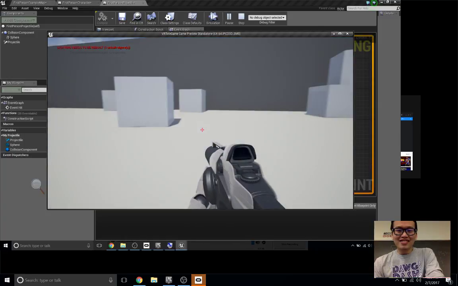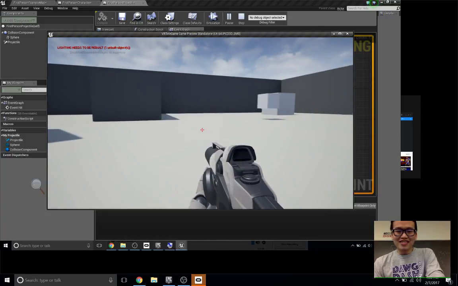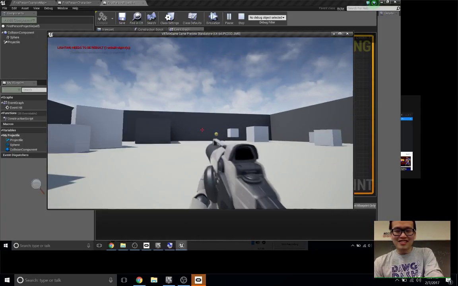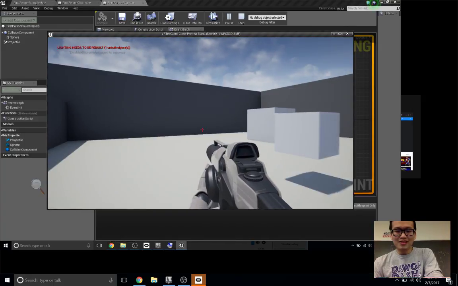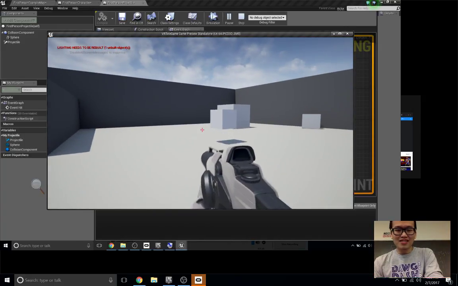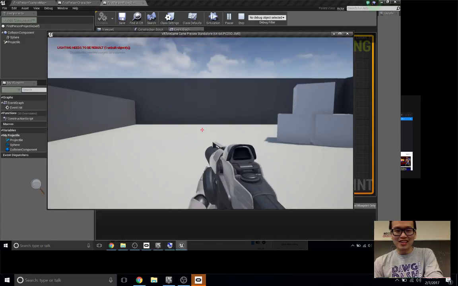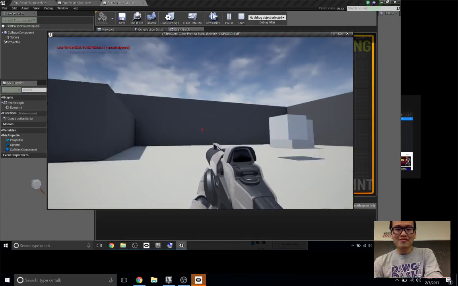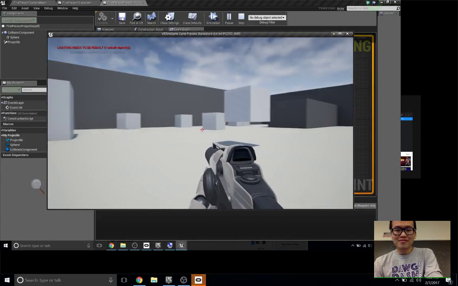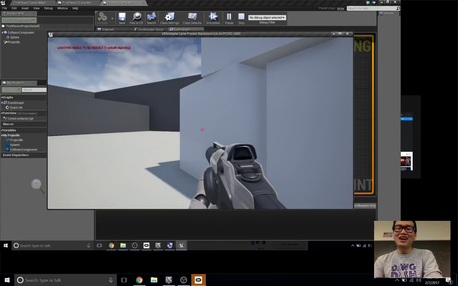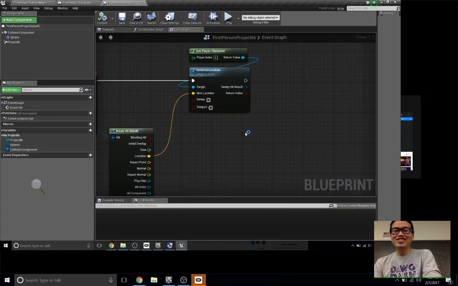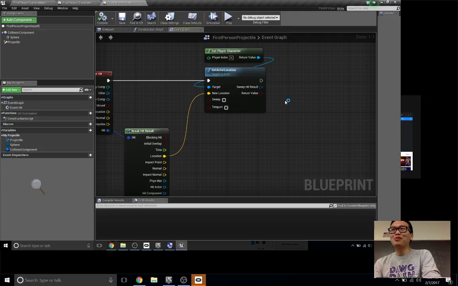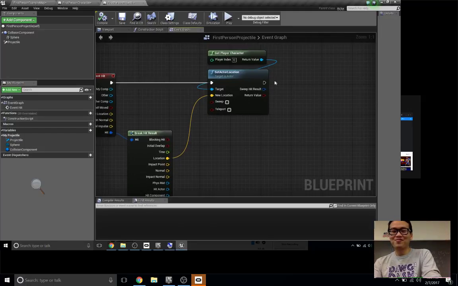Okay. Why does this not work? What? No, it's working. I know, but why is it lagging? I'm not really sure why it's lagging. So what happens when the bullet hits something and hits something again? The ball is bouncing. The ball is still moving. So what else do we need to do? We need to probably destroy the ball. Yeah, right. Who needs the ball after it hits something?